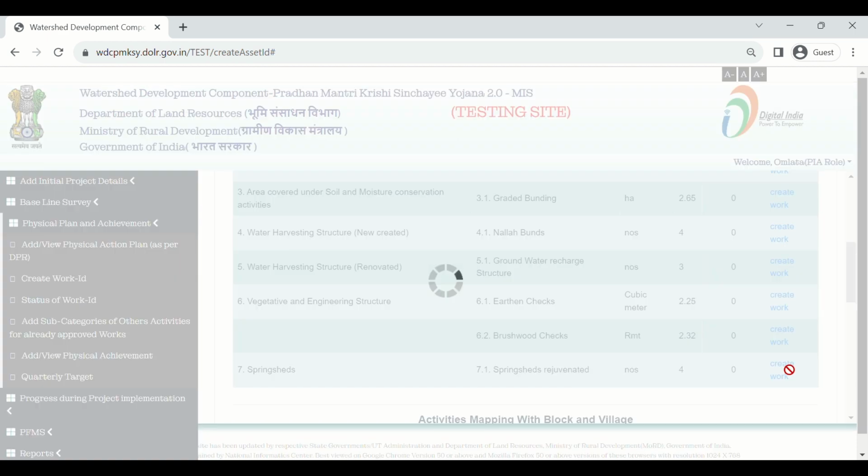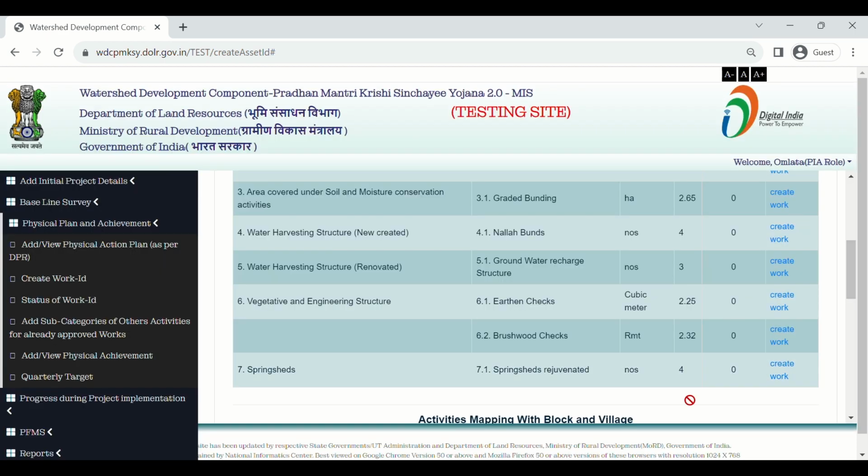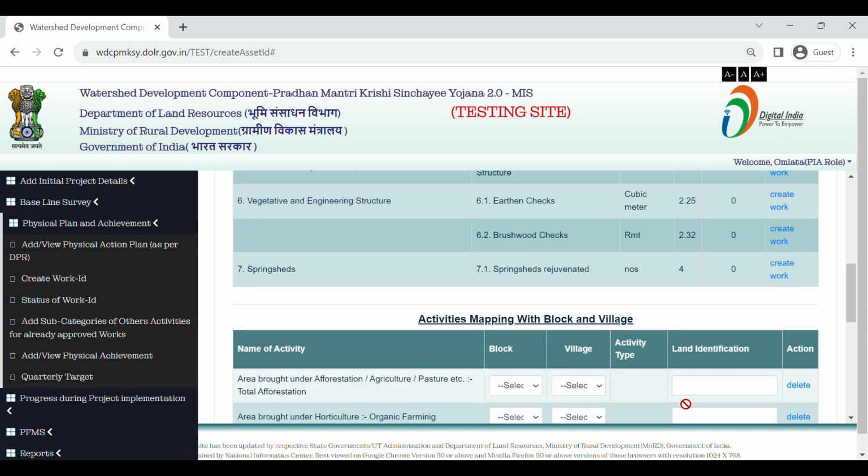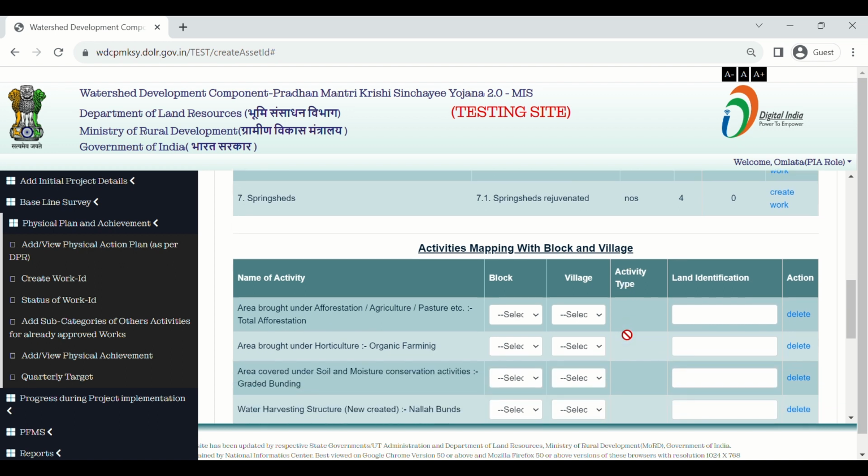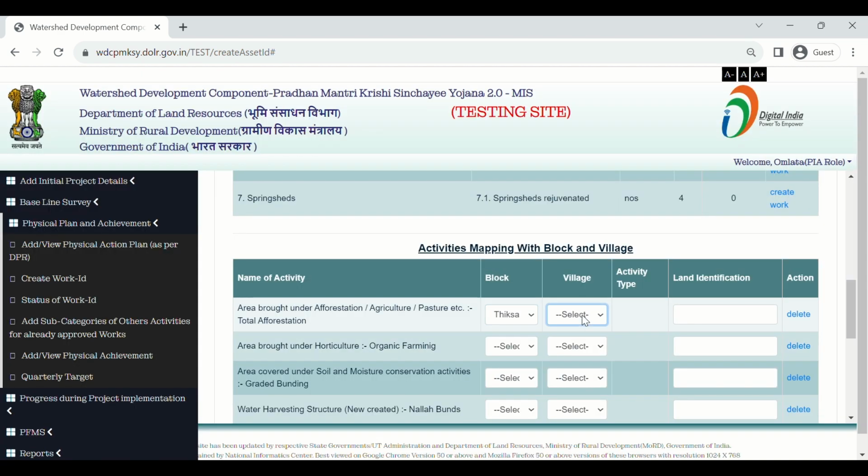After this, activities mapping with block and village is given here. Here we have to choose block and village name from the drop down menu. Select the block name. Select the village name.